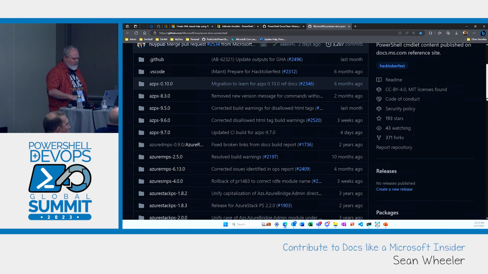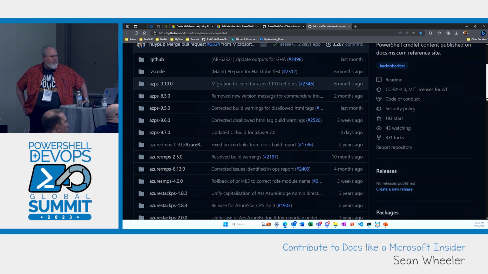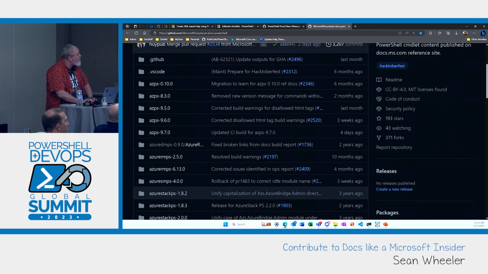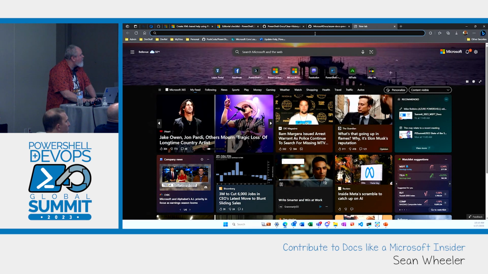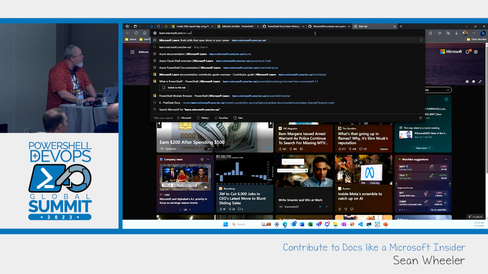So if you're going to make an update and you want it to apply to, say, future versions, you need to make it to the source repo. Because every time we release a version, they create a CI branch and they pull the content over from the source repo because it's auto-generated and push it over to the docs repo. But let's say we just released 9.7.0. If you wanted to make an update just to 9.7.0, you would go and update that in the docs repo. But if you wanted to make an update to every version, you would have to update like 8.3, 9.6, 9.7,